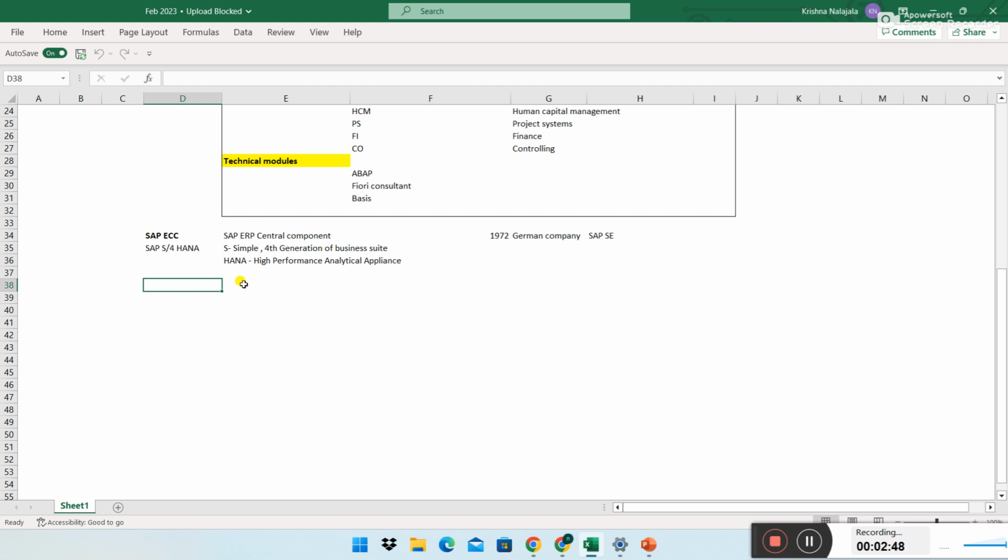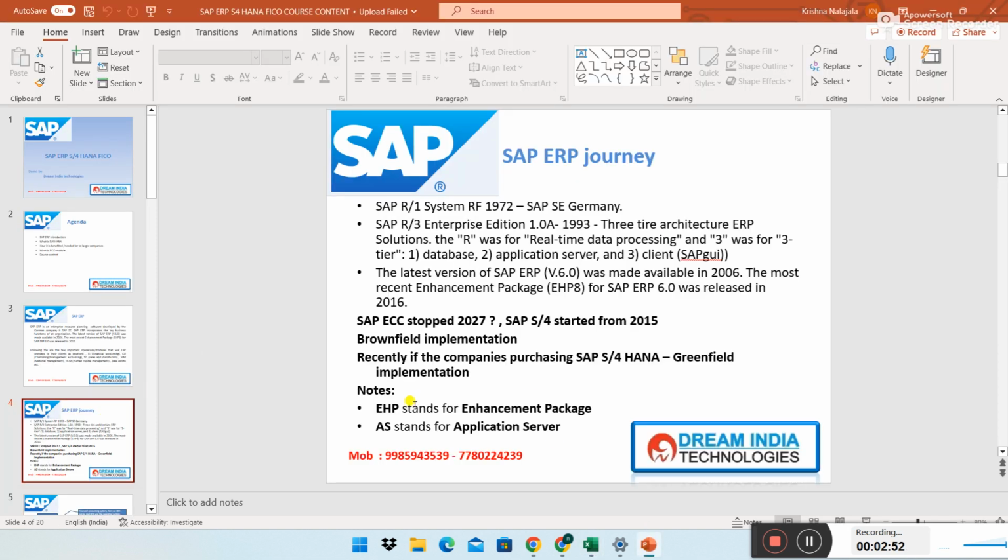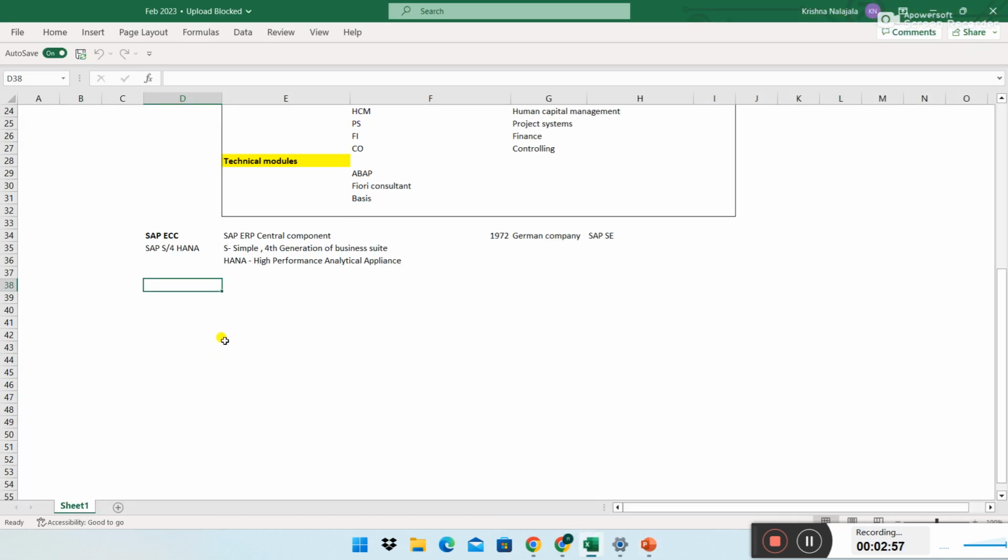Correct. Now let's talk about a few more things in SAP and SAP licenses, how it will be. Let's discuss. Okay. So if you buy any software application, the cost of the software application is based on a version, right? If you're using an advanced version, you might have to pay a little more. If you're using maybe an older version, you might pay a little less, right? So SAP S4 HANA